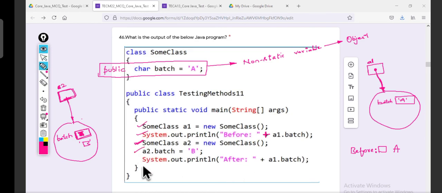Now let us see this output. System dot out dot println after, colon, one space, plus join A1 dot batch.